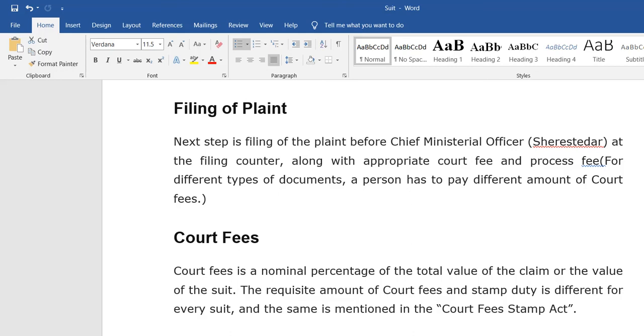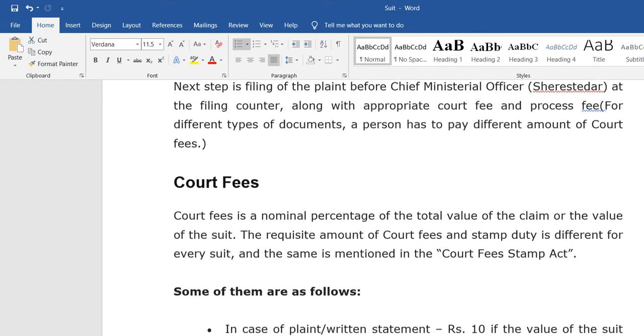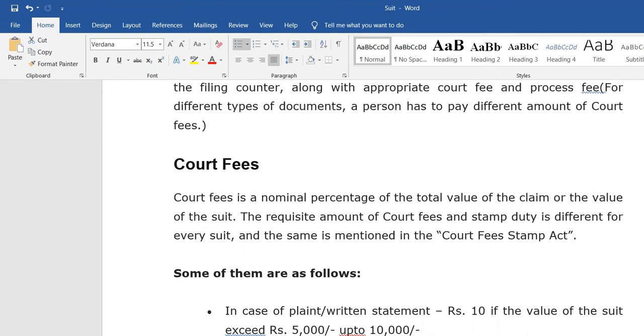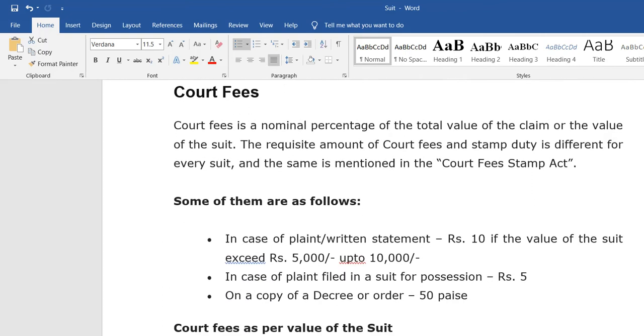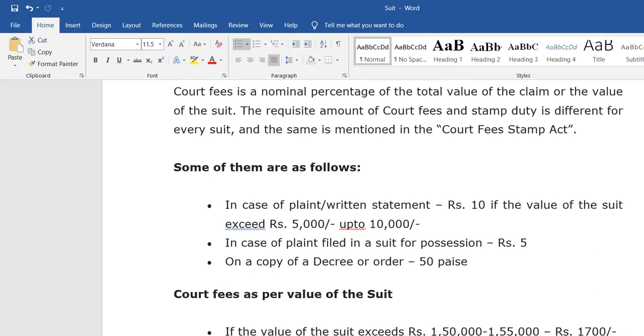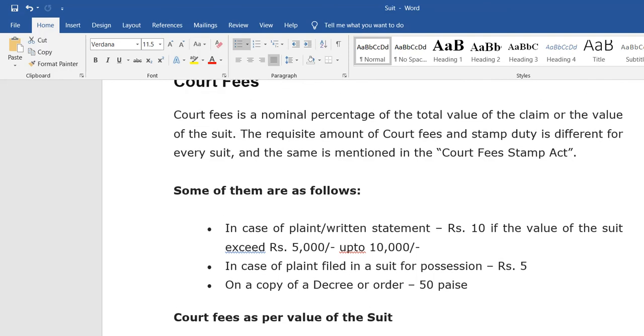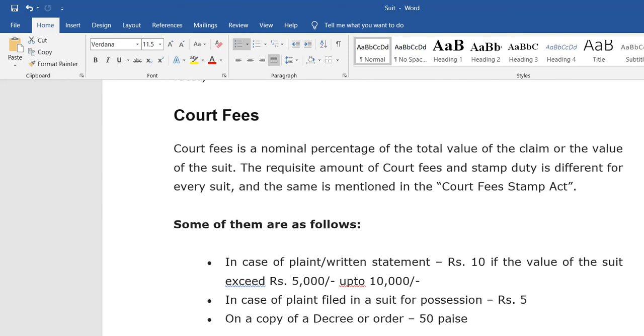So in that case, my property value is, for example, 5 lakhs. I have to pay minimum this much amount, more than 3,000. If my property is 4 lakhs, then I have to pay 2,950. So this type of value of suit you have to pay on it. So this is the court fees.